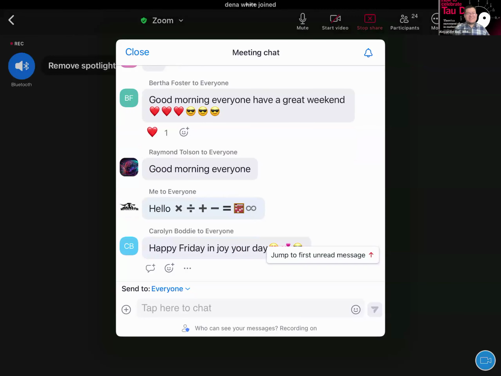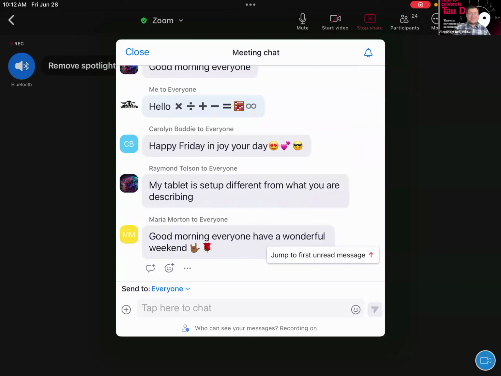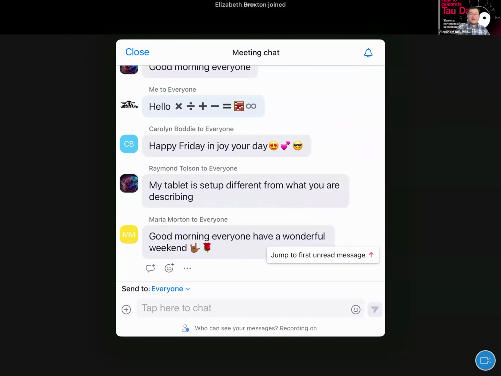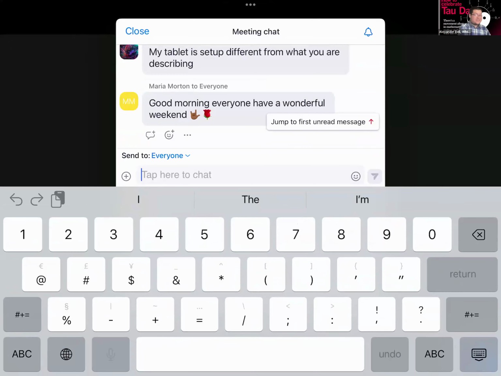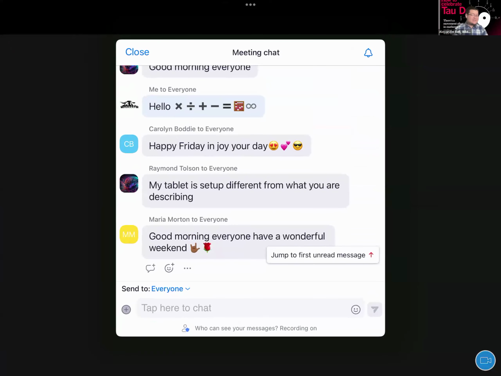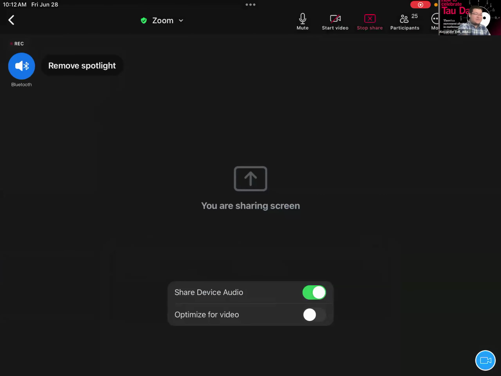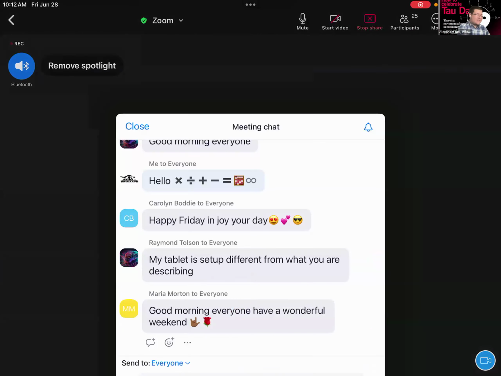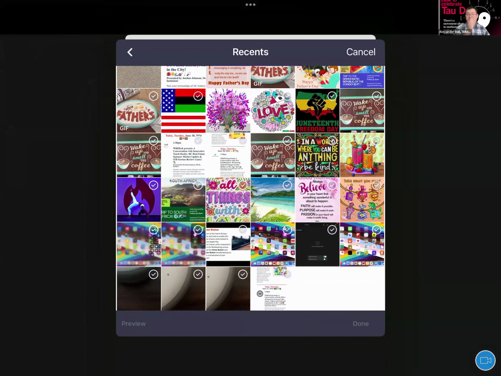But again, if you just want to share a simple hello or hi or things of that nature, you can do so in Zoom in the chat. You can also send a photo in the chat by hitting the plus sign next to "tap here to chat," and then you can hit photo and add any photo from your Photos app into the Zoom chat.